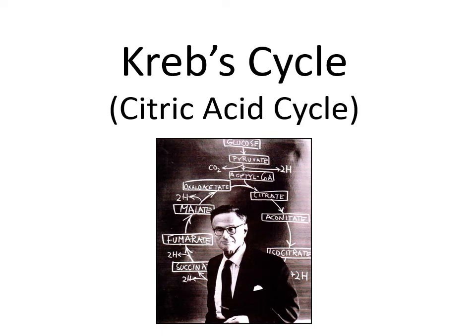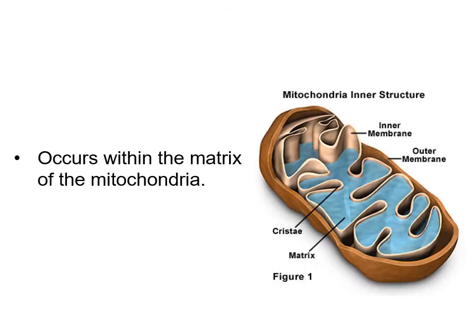All right, the citric acid cycle, also known as the Krebs cycle. This is going to be occurring, as we know, in the powerhouse of the cell, but specifically within the matrix of the mitochondria. So again, the innermost part of the mitochondria itself, inside of both of the phospholipid bilayers that make up